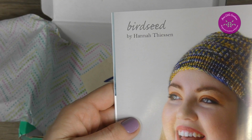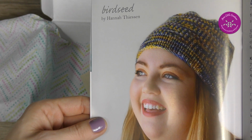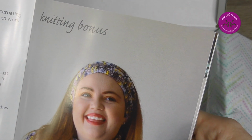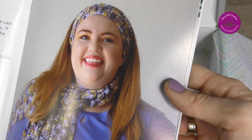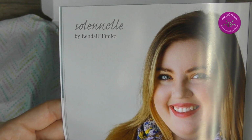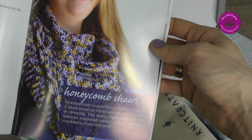And patterns. The first knitting pattern for one skein is Birdseed by Hannah Thiessen. This is a hat. Quite nice. And here we have a knitting bonus because this is a Penelope set. This is for 2 skeins if you purchase an extra skein. But you have the pattern, so this is great. And here we have a crochet. Solennel, sorry if I didn't pronounce it properly, by Kendall Timko. We have a crochet for 1 skein. And let's look at the second one, crochet, but this is for 2 skeins. Honeycomb Shawl